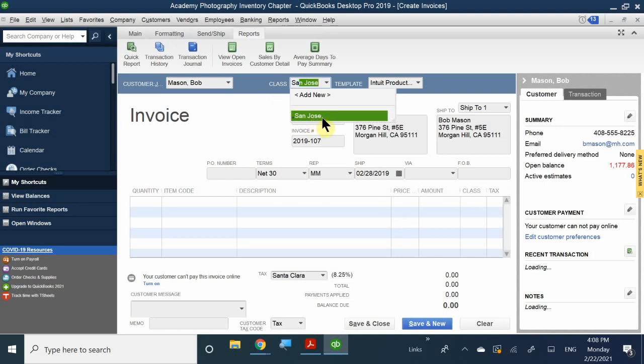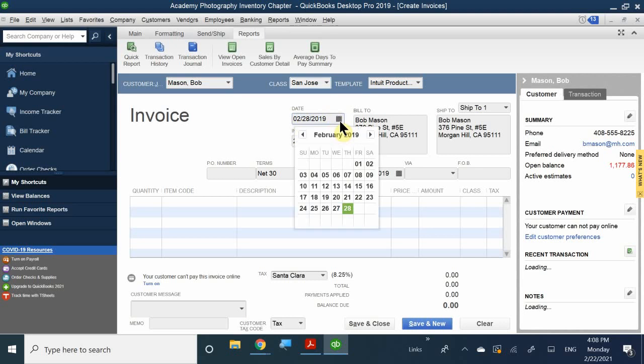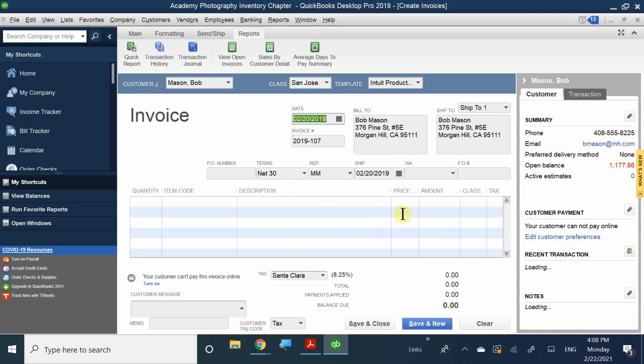Okay? And let's say he bought this package on February 20th. Okay? And then, of course, my invoice is right there. So here it says quantity. I'm going to say he bought 1. All right? And for the item, he bought the